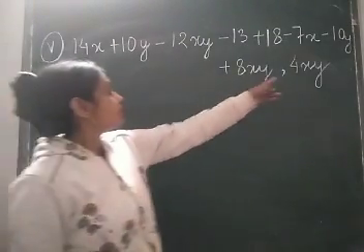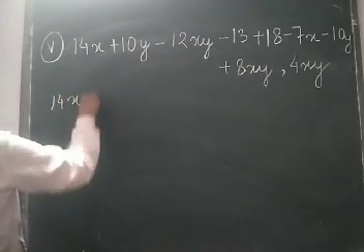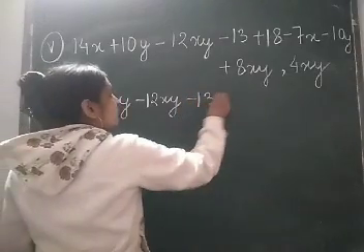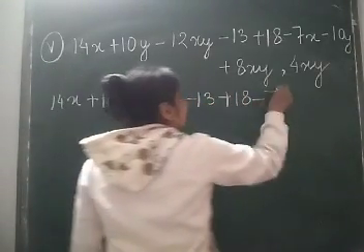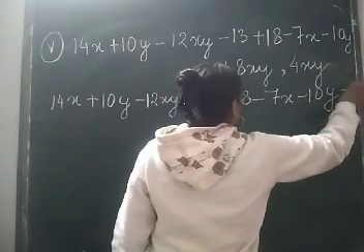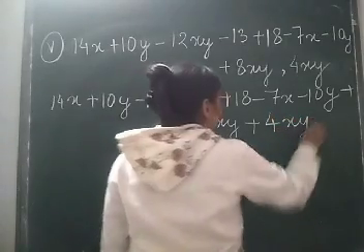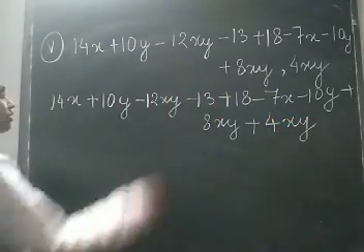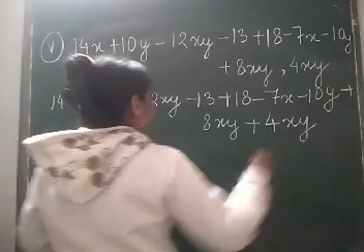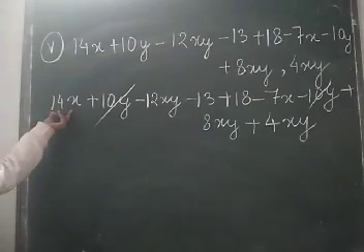Again, in places of commas, we will put plus sign. So 14x plus 10y minus 12xy minus 13 plus 18 plus 7x minus 10y plus 8xy plus 4xy. Let's see if anything is getting cancelled. Yes. 10y plus 10y and minus 10y. That's it. Okay, so 14x